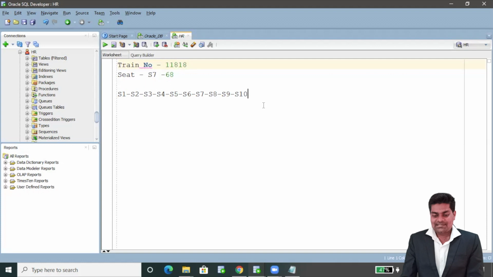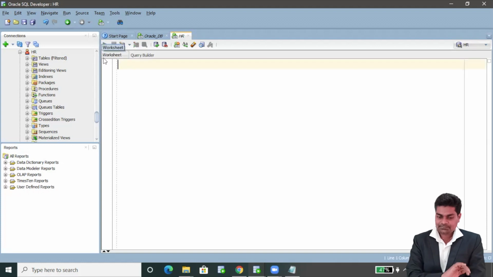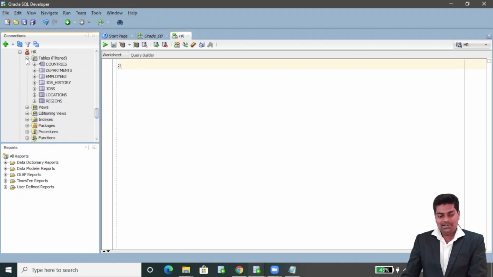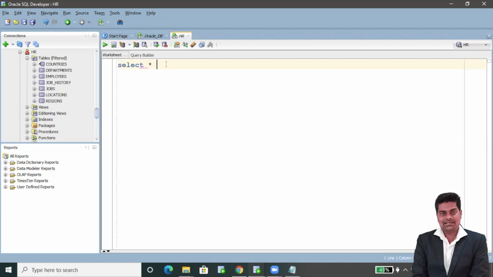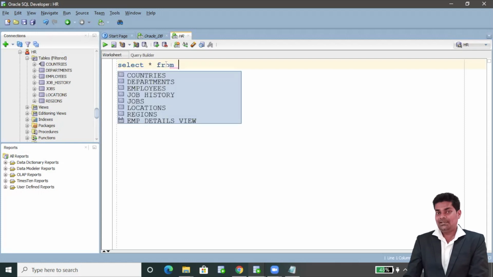Okay, so let's get started. The very basic command is the select command. This is the HR user schema, and we have multiple tables. Select star from, where star means all columns, from HR.